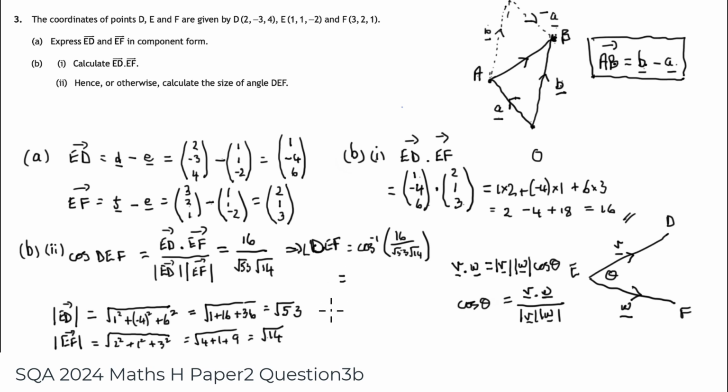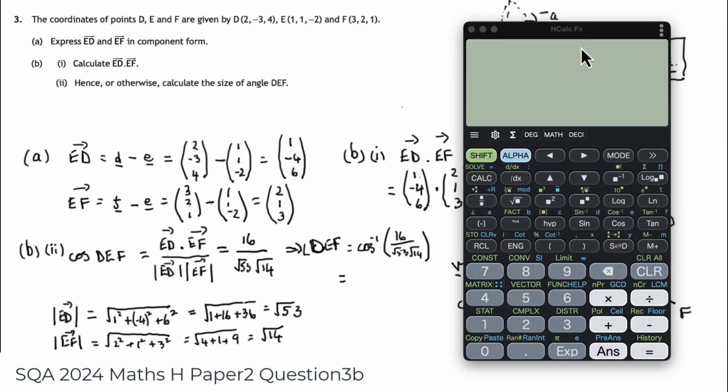So we need the calculator to do this, and here it is. Now, whether you want to work in degrees or radians is up to you. I'm going to work in degrees, so I'm making the mode of this calculator degrees, so it's thinking in terms of degrees. And I want the angle whose cosine is, so that's cos to the -1. I would use the shift button. You might have a second function button. You'll know your calculator. And in the brackets here I need 16